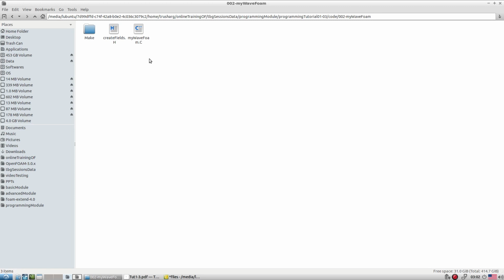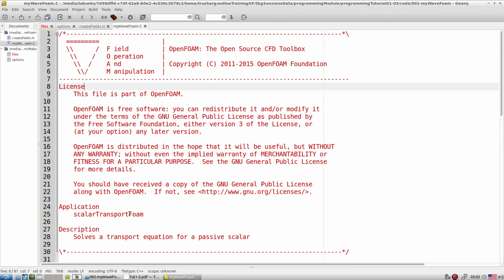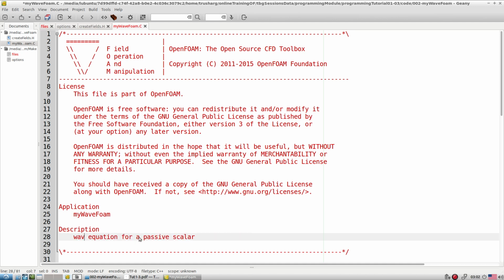Now let's open both these files. Let's first change the name. Waveform, going to solve the wave equation solver.